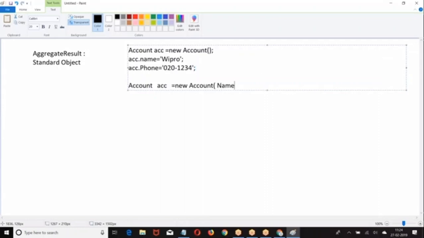Here what I am doing, name equal to. Right. So this is what we got. Third format, both of them are same, right? Third format of creating is Account acc equal to. Now, if you know which data you are entering, we can use the first format or second format. If you don't know which field value you are going to enter,